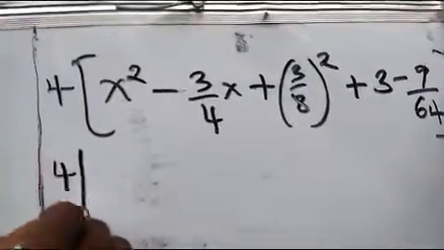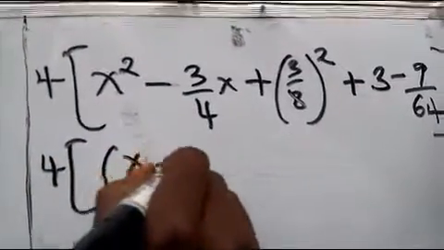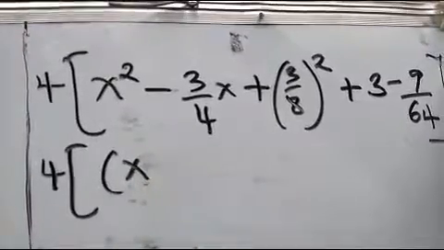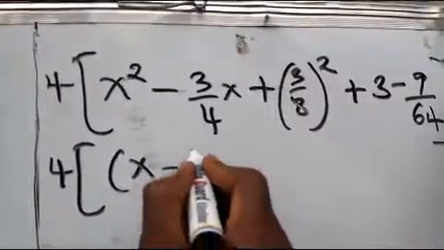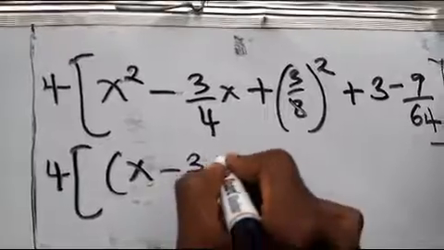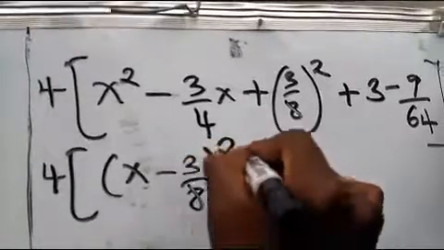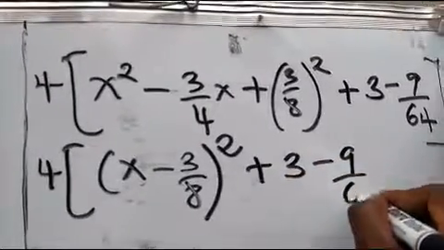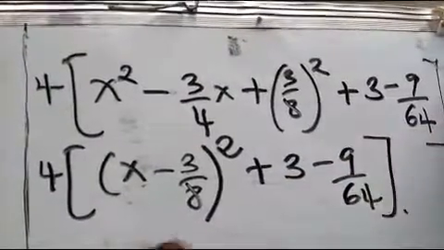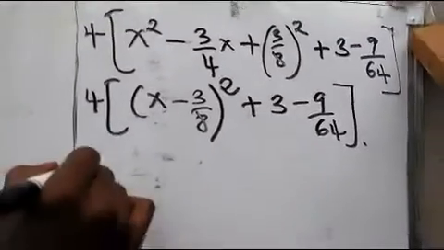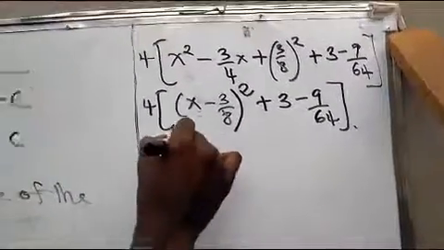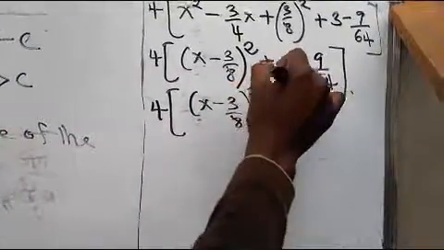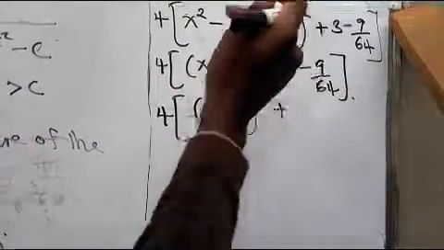Now we have 4 into ((x minus 3 on 8) all squared plus 3 minus 9 on 64). So let's simplify further: 4 into ((x minus 3 on 8) all squared plus